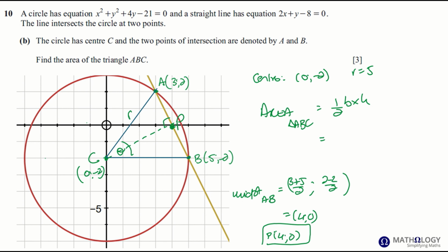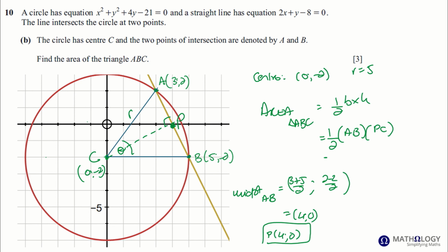You can now use the distance formula to find the length of CP, use the distance formula to find the length of AB, and you can find the area. So the length of AB will be your base, and the length of PC will be the height of the triangle. Use the distance formula, and you will get the same answer of 10. And our AB is root 20, and PC